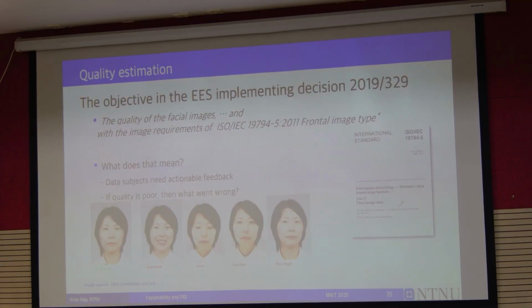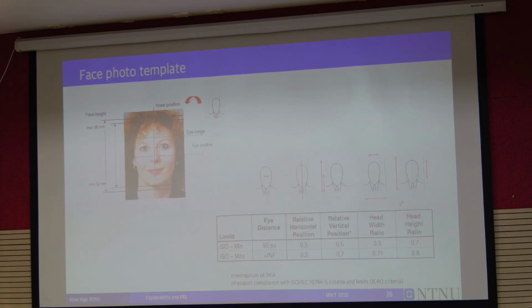And there are a lot of standards. One of them is the ICAO standards, and there is the Entry/Exit System in Europe, which also talks about how the face image should be, what the standard pose should be. You should not be smiling, the hair should not be covering your face, the sunglasses should not be there, and so on. All of these give you a guideline, which